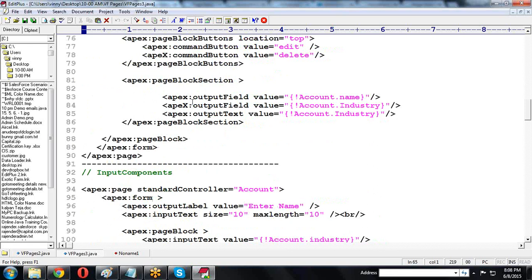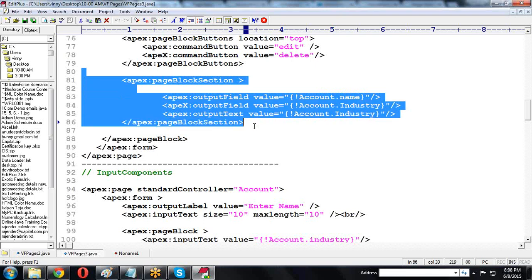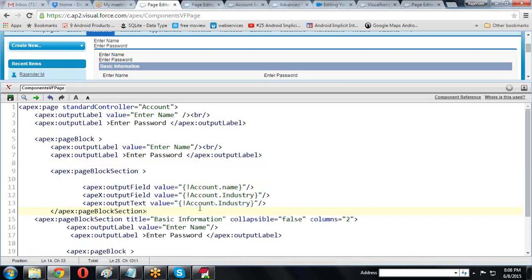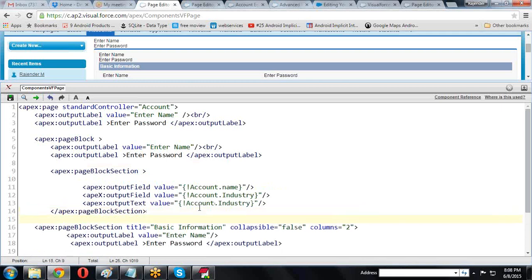What is the difference between output label and output field? I am creating one more section here, a page block section.